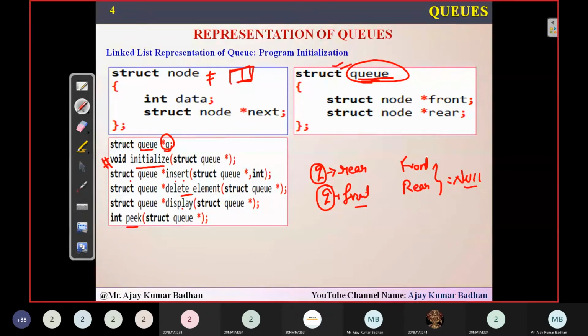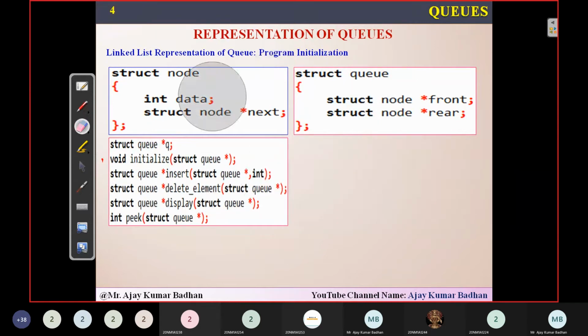So whatever the node is there, I'll create it. So this node I'll bring it here, and then I'll perform the operations. So that thing is what we are using here: structure queue, star insert, star delete, and star display. And within that, this is a syntax: struct queue star int. This is a similar syntax what we have discussed in your linked list when we performed insertion, deletion, and other operations we have performed in the linked list.